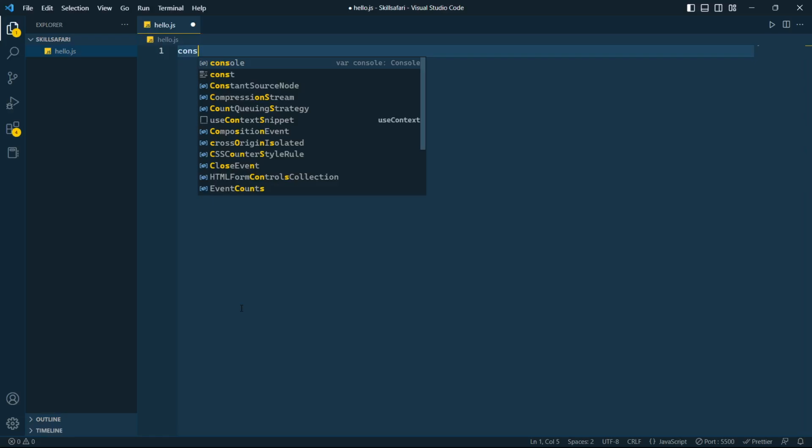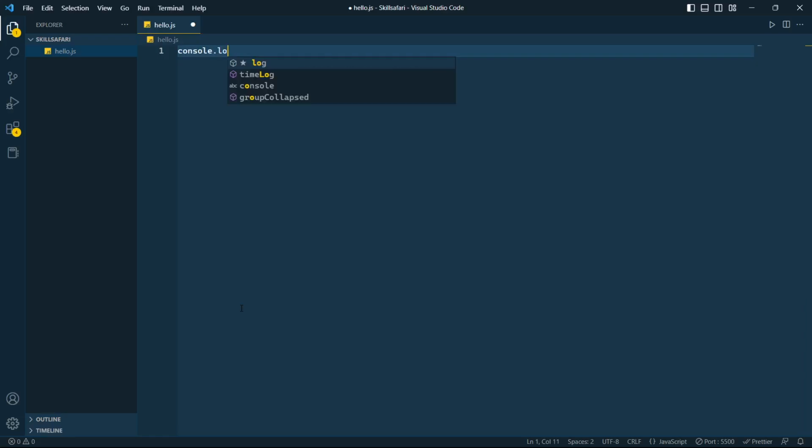Whatever name you type over here, it is a Node.js file, and the extension is the same, JS. Like hello world.